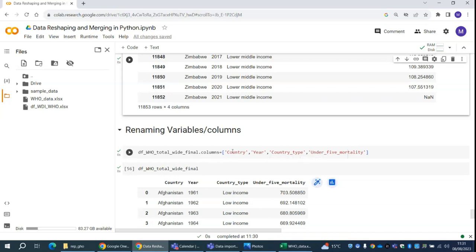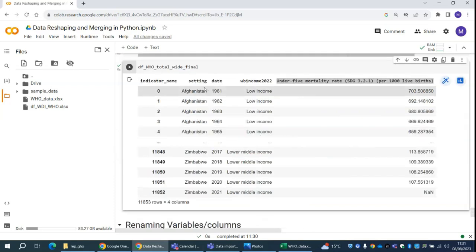If you want to rename all the columns in order, then you don't need to put the old name and new name, as I explained before in the previous video. Here I rename the column headings in this order. The first column, which was setting, I made country. Setting becomes country, date becomes year,